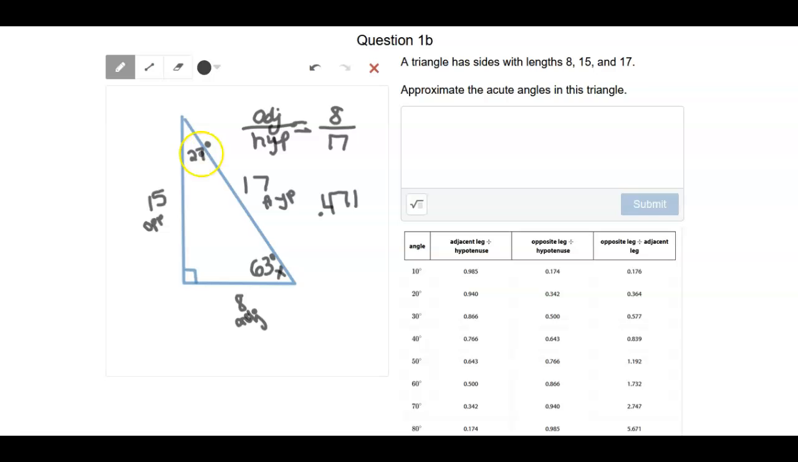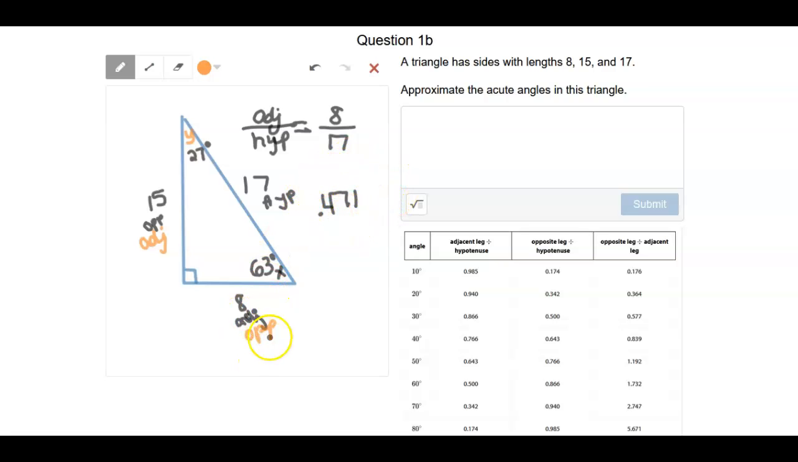But just to be sure, because we know that these two angles here have to add up to 90 degrees because all three angles of the triangle have to add up to 180. This one is already 90, so the two remaining angles have to add up to 90. So just to make sure, I'm going to do the same thing, but I'm going to use this angle now. So we're going to call this angle Y now. And now this is our opposite, and this is our adjacent. So now using this angle, let's do the opposite over the hypotenuse, which we already know is 0.471,